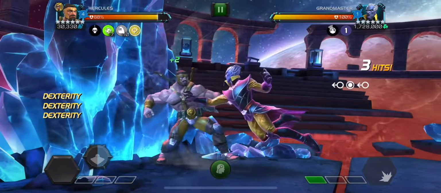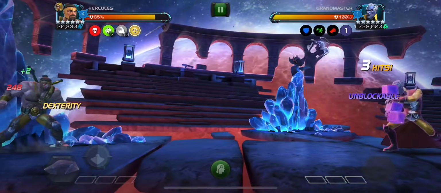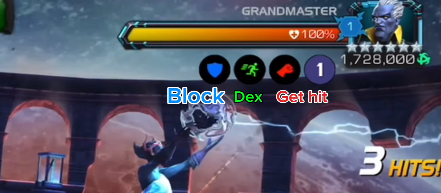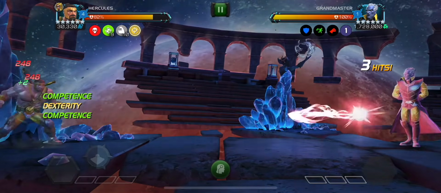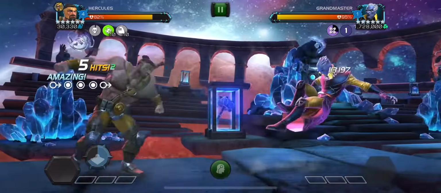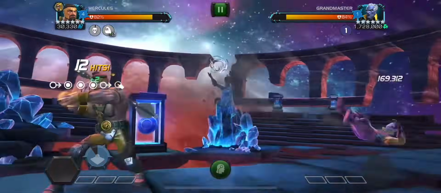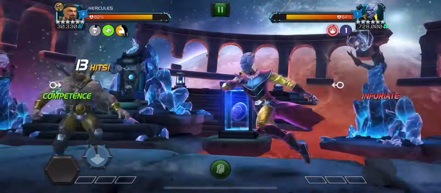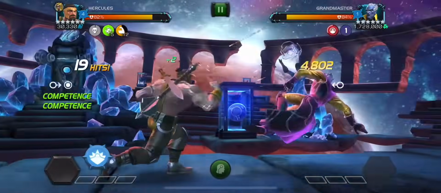So basically, after you get them all banned, he'll get a special attack. And then you got to do what these tokens say. So blue shield is block, green is dex, reds get hit. So I block that first, dex that, get hit, and then I can run in, and now he's wounded. As you see that icon means he's wounded. He's going to take a ton of damage. Like I said, the more tokens of competence you have, those green tokens under me, the more damage you do. So this phase ends when he's at 80% health,